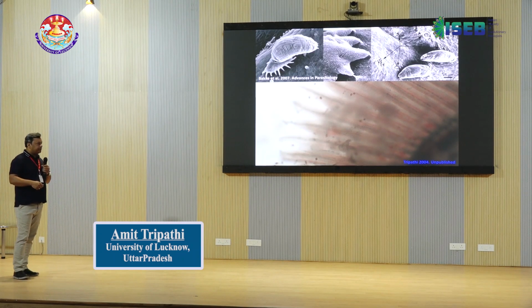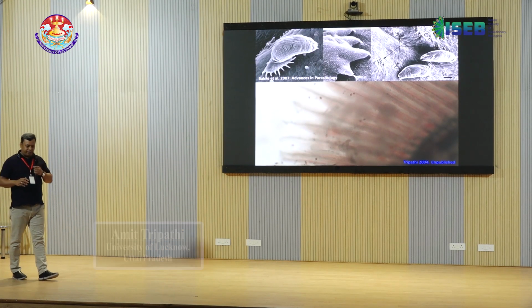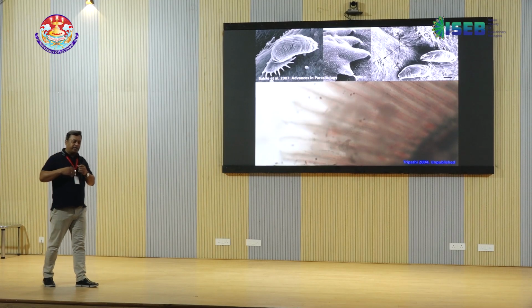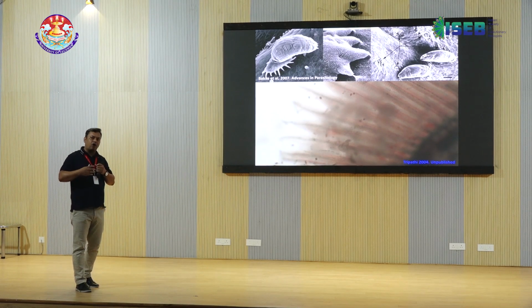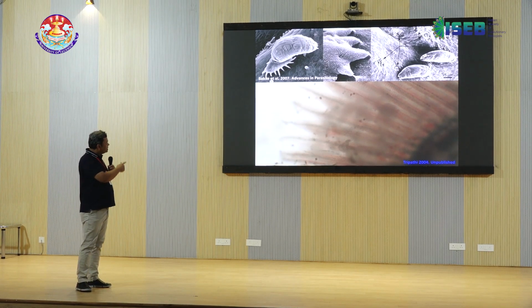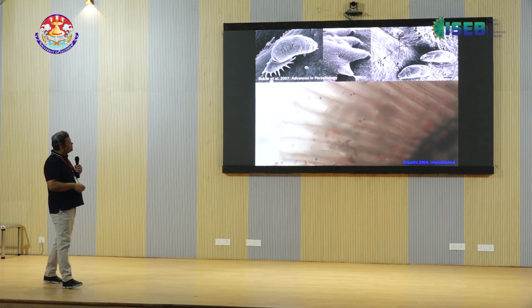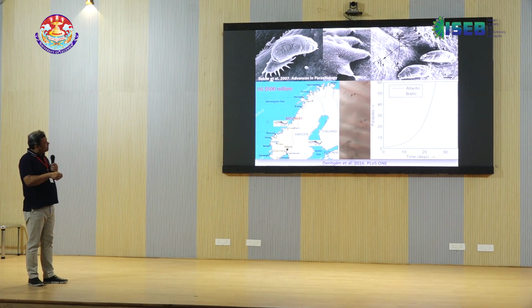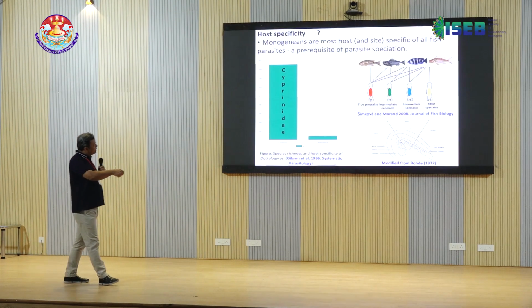This is the poster boy of the monogenian world, known to be injurious and causing high economic damages, Gyrodactylus salaris, on the left side. And you can see its hooks are practically embedded in the